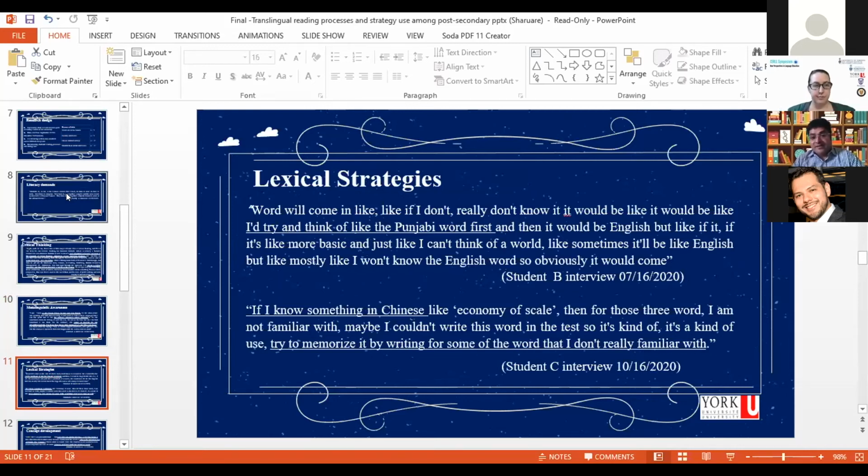So in that case, our data suggests that the students struggle to find suitable words in their expression or in their understanding of the processes. They combine different words from different languages to fill the vacuum. Here we see students struggle to recognize English academic words and types of text.